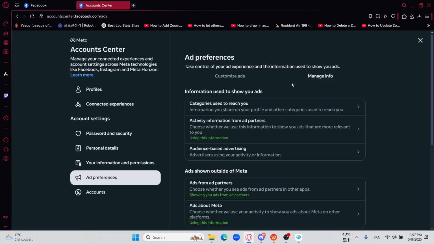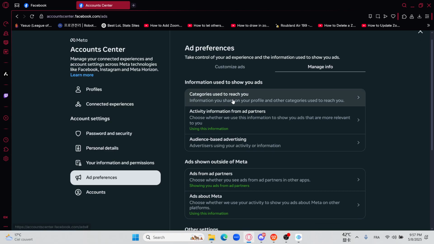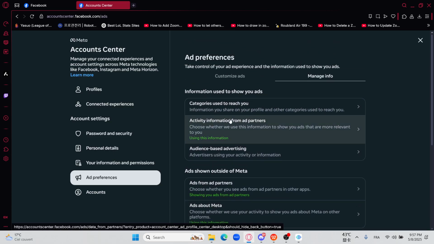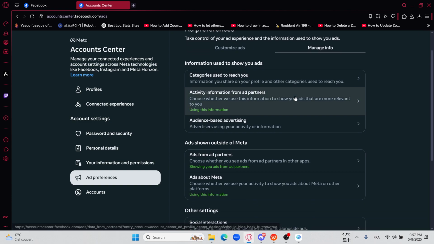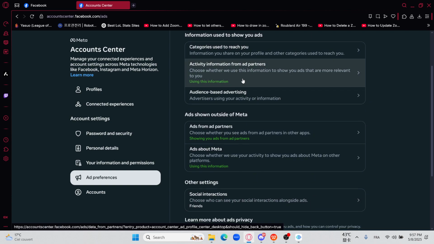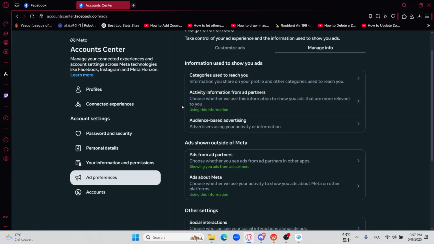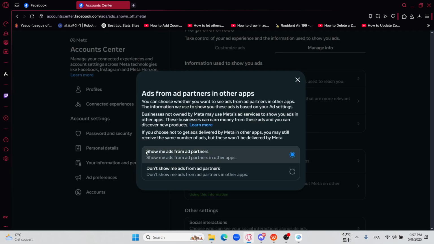And then when we click on Manage Info, here it showed us that there are too many things that are allowed, and we don't allow them, so we just need to remove them. Anyways, we go into, for example, ads from ad partners, and we click on it, and then we'll see that that option is allowed. Show me ads from ad partners. So we can go and click on don't show me ads from ad partners, and that